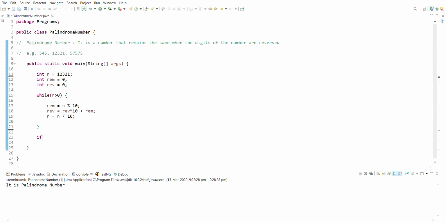Okay, to compare this reverse number and this n number, we have to store this number into another variable. We will call it palindrome number. So int palindrome equal to n. This variable we will compare with the reverse number. For that we have to write down the logic like